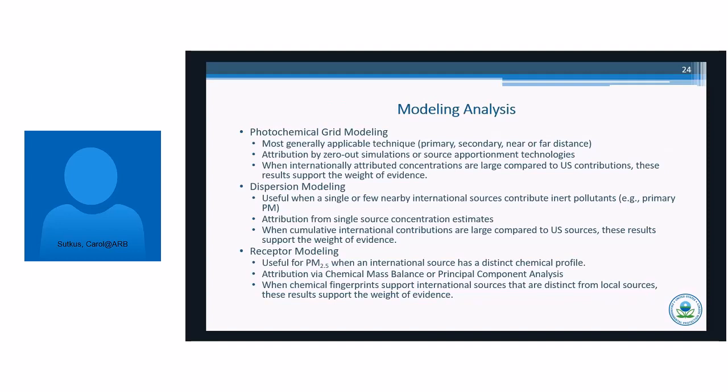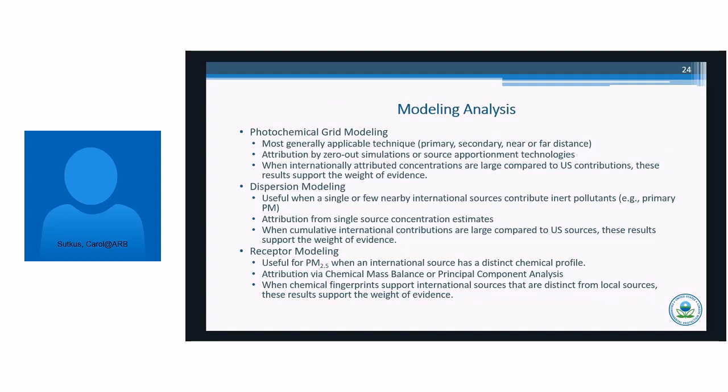There are several different ways to use photochemical models to attribute, whether it be international sources or local sources. One can attribute by zero-out simulations or by source apportionment technologies. When we attribute with the photochemical grid modeling and internationally attributed concentrations are large compared to U.S. contributions, these results are going to support the overall weight of evidence.